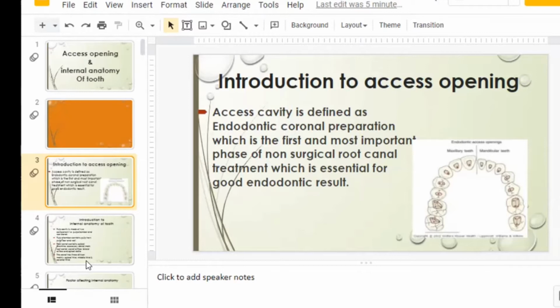So here our target is that we have to reach the apex. That is our interest area. From the top to bottom, we have to reach the apex, and to reach that, these are all the efforts we make. And again, all teeth do not have a definite shape; they have different shapes. Now let us learn that one.